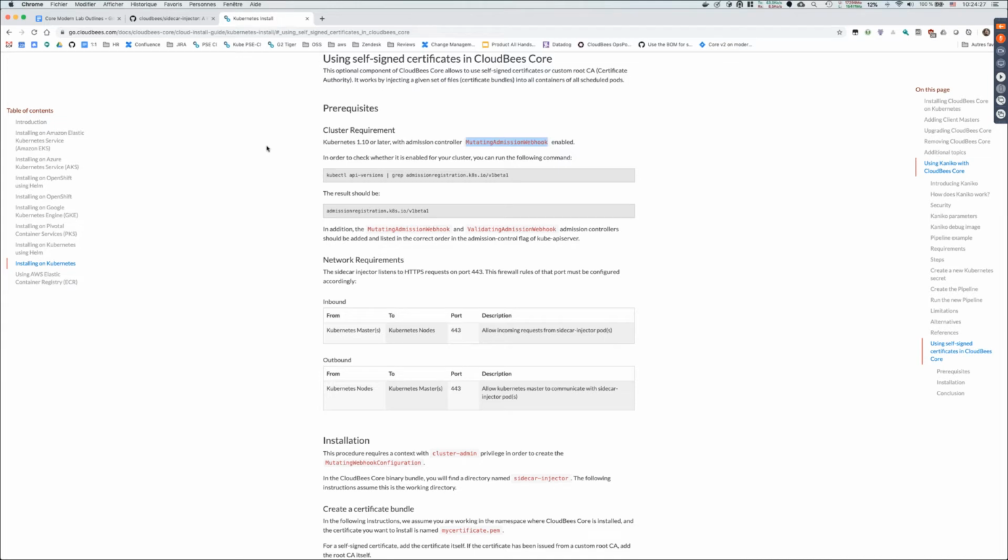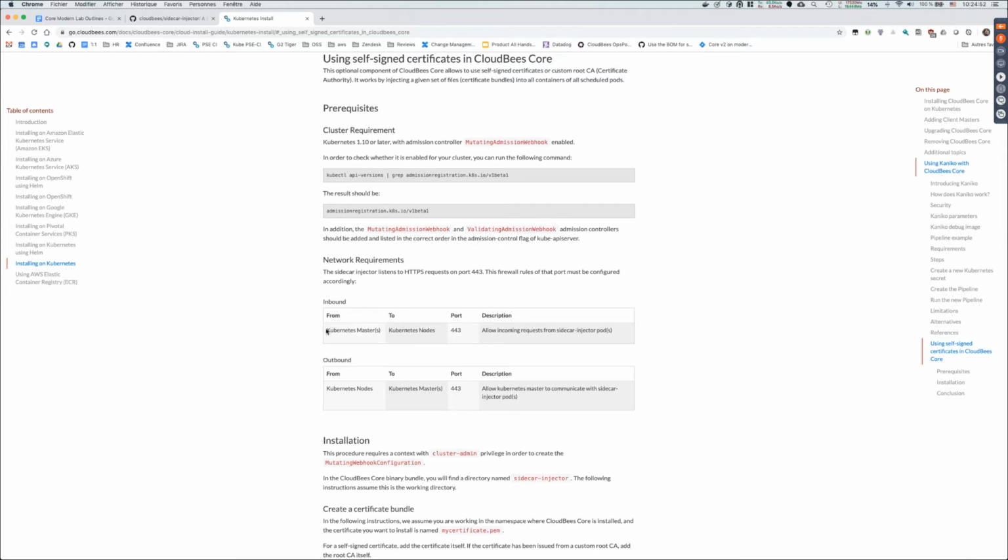In most Kubernetes distributions it is enabled now, but it's always a good step to first check that it is indeed enabled. This is the kind of command that you can type to check. Depending on the cloud provider, you may need to check that the security groups are set up properly.